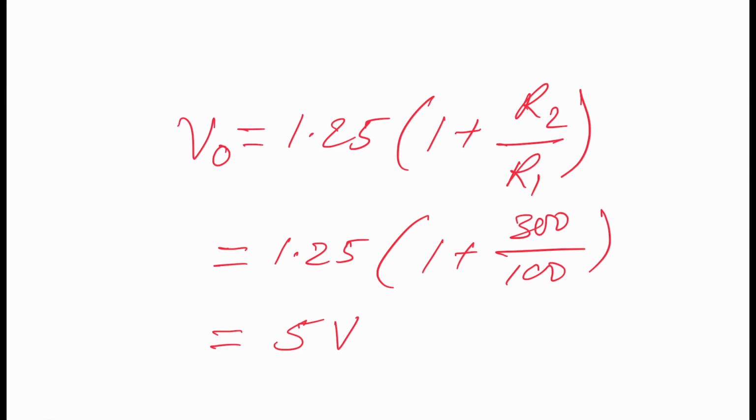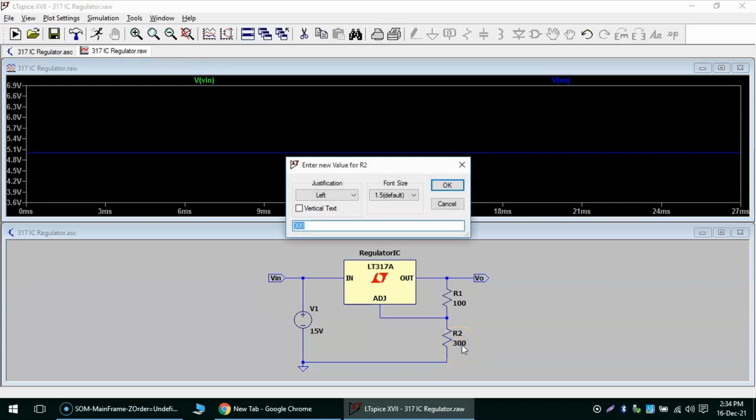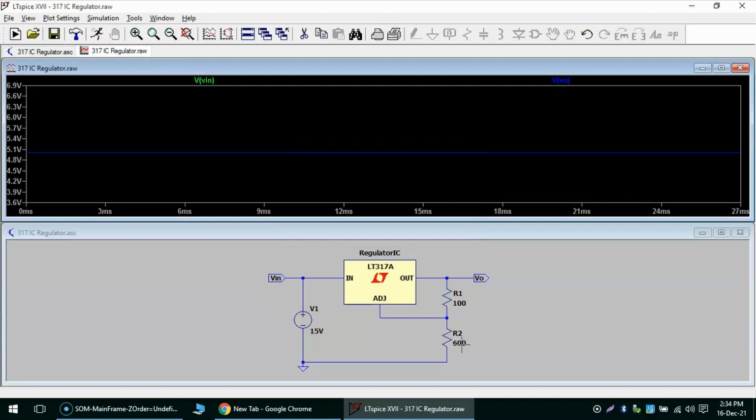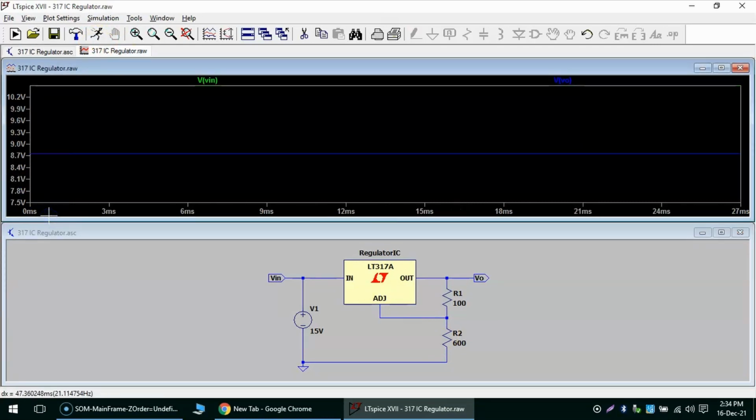Now if you look at the simulation again, I change the value of this R2 resistor to say 600 ohm. Then we shall run the circuit again and let us see what is the output coming up. You can see here the output is slightly greater than 8.7 volt.